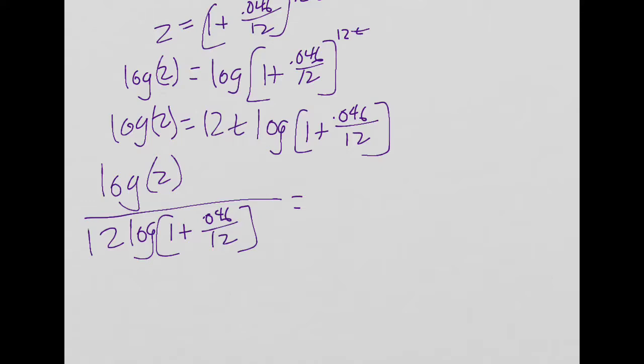And now crunch that into your calculator, and we should get the same value as before. So log of 2, close a parenthesis, divided by, open a parenthesis, you have to have a parenthesis open here, 12 log of 1 plus our rate, which we stored, divided by 12, close off the parentheses, crunch it, and I get